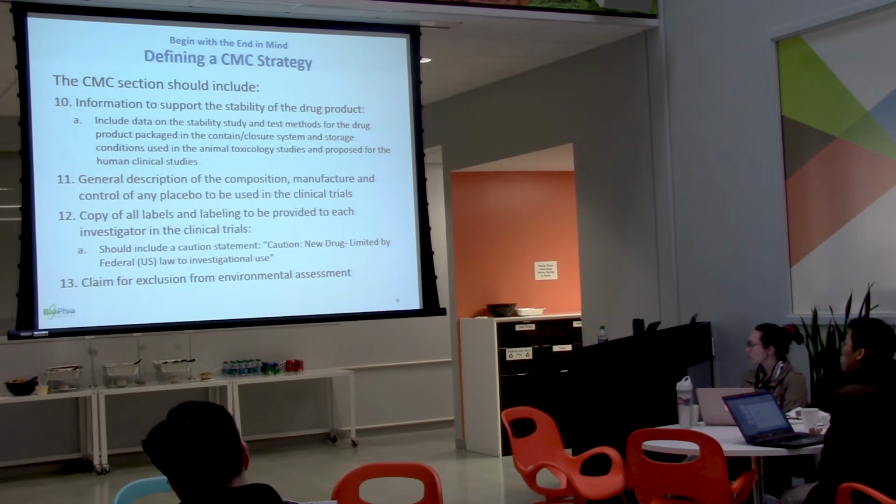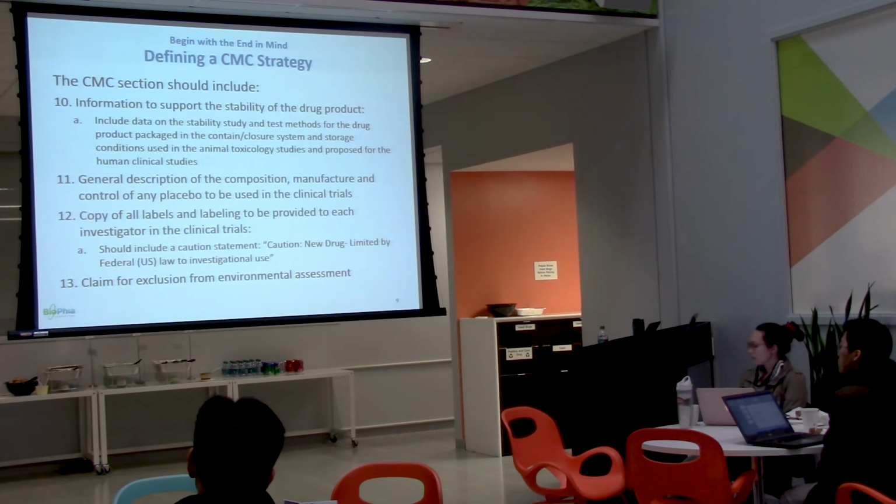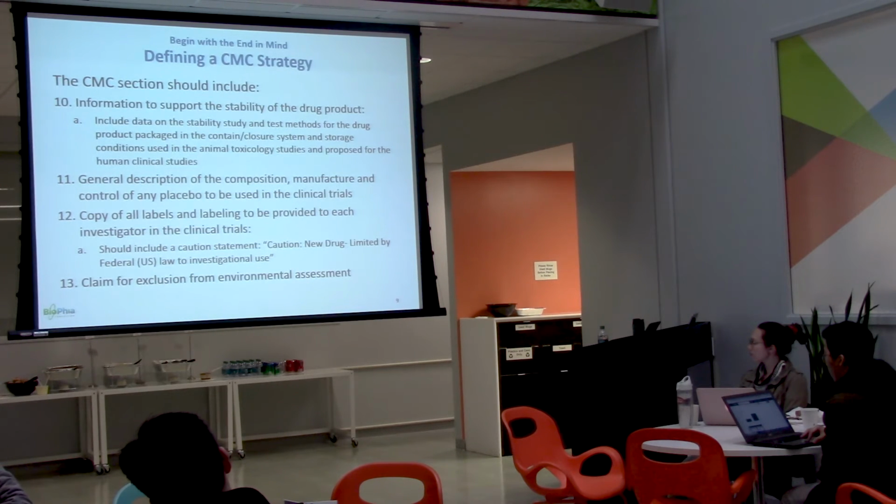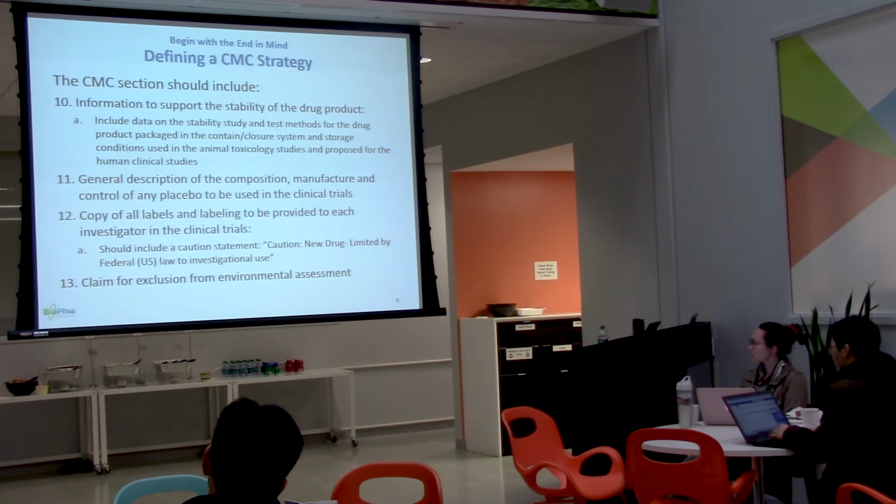And then there is a portion of this, the claim for exclusion for environmental assessment. So this comes out of the congressional law that requires all government entities, all government groups, to provide the environmental impact statement for any action that they did. When they issue you an IND, that's an action. So this is actually pretty easy. There's verbiage on the FDA website that you can put into your CMC statement. But they just want to make sure that the sewer system for the drug is not going to cause some sort of problem.